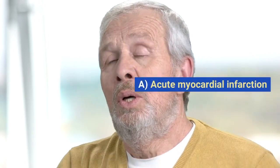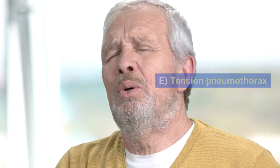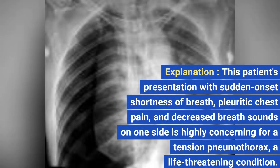A. Acute myocardial infarction. B. Pneumonia. C. Pulmonary embolism. D. Aortic dissection. E. Tension pneumothorax. Explanation. This patient's presentation with sudden onset shortness of breath, pleuritic chest pain, and decreased breath sounds on one side